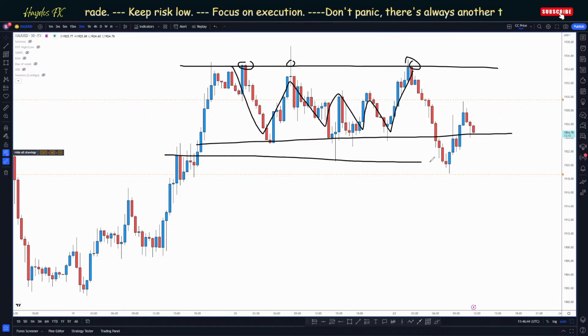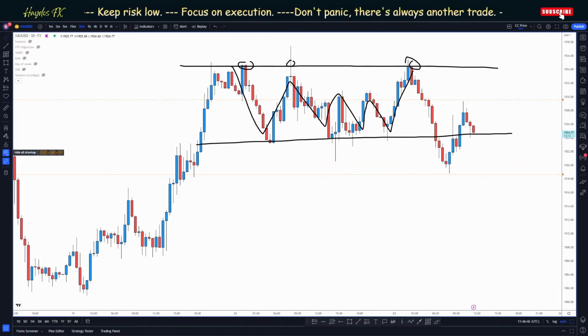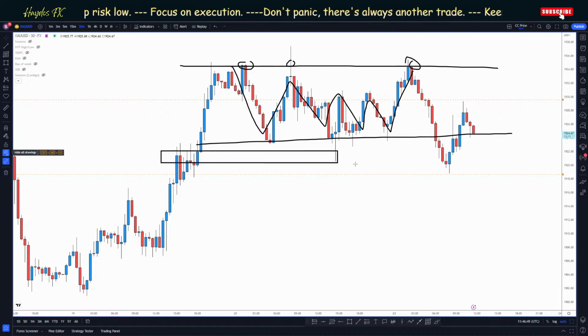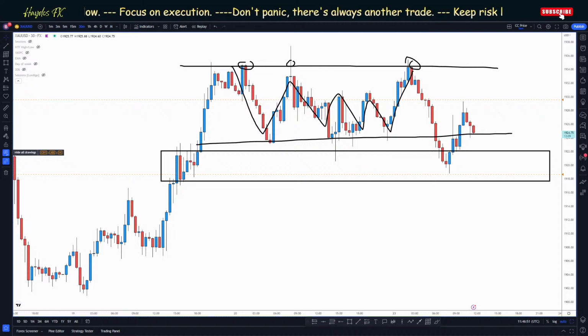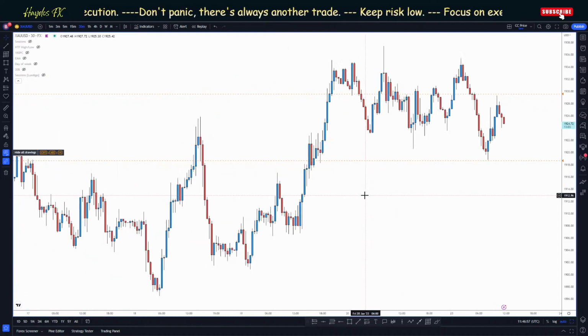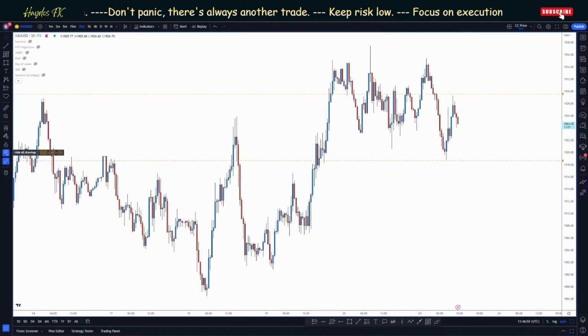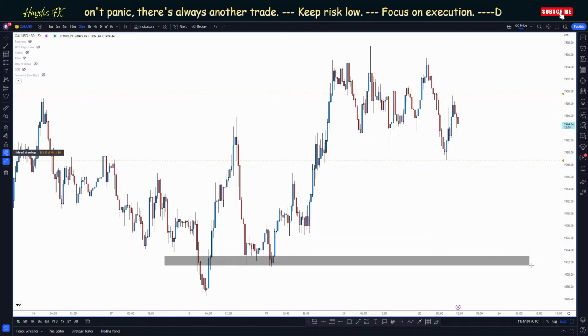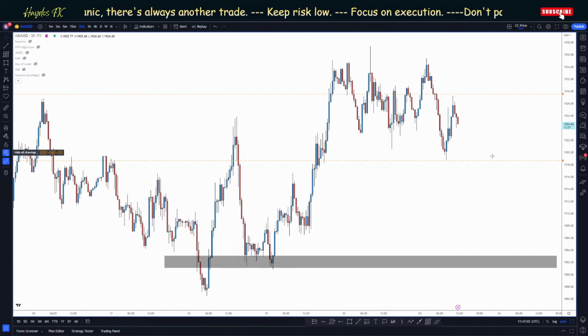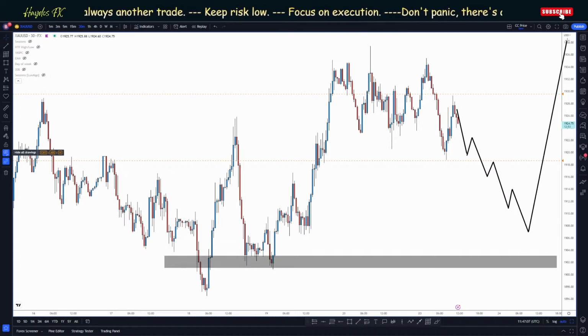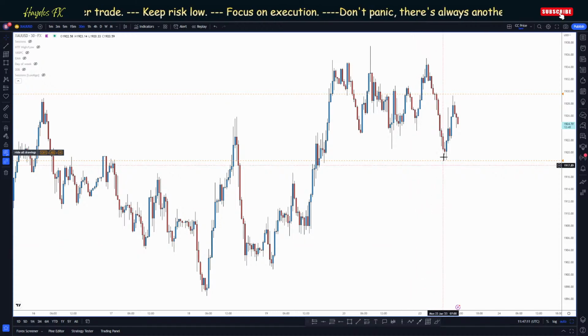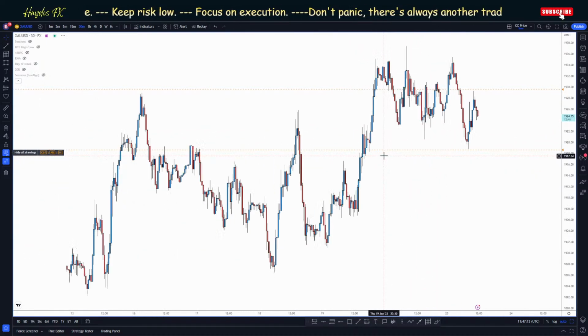Once we start breaking, we're slowly breaking into this support structure, weeding out some of this buy side liquidity, and we could do a deeper pullback all the way down to the bottom of this area. It could just slowly be pushing down before then having that upside. I see that quite a lot. It could be wrong, but when we do see